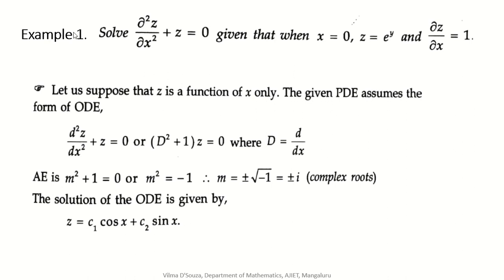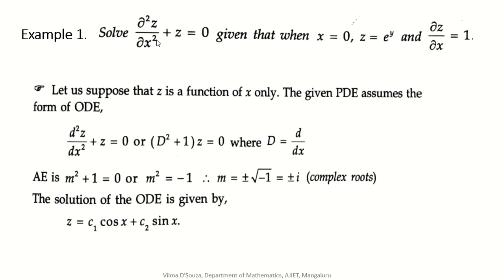Consider the example: solve ∂²z/∂x² + z = 0, given that when x = 0, z = e^y and ∂z/∂x = 1. So the given equation is ∂²z/∂x² + z = 0. This is a partial differential equation. As I told you, the process consists of